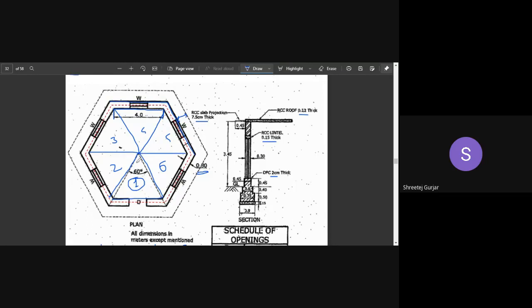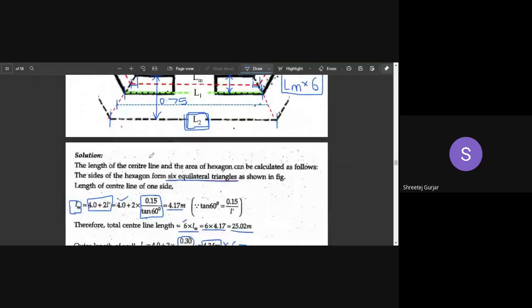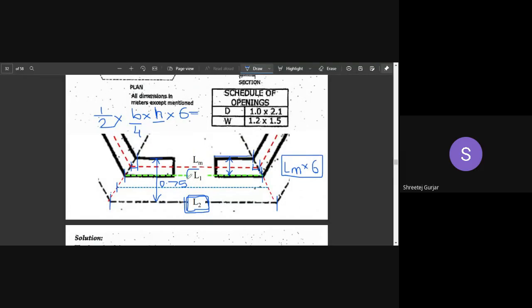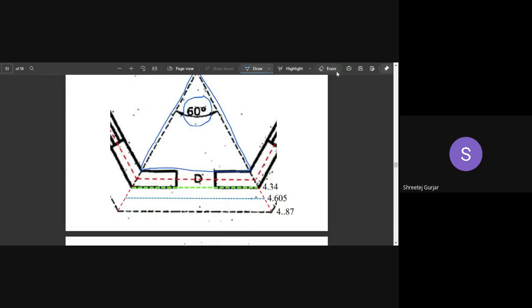So the triangle which we need to consider will be the out to out triangle, right? It will be out to out like this. Meaning we have to consider what? We have to consider L1 as the base of our triangle, right? That is what I have shown here. So we need to consider this triangle, up to here, this as the base.